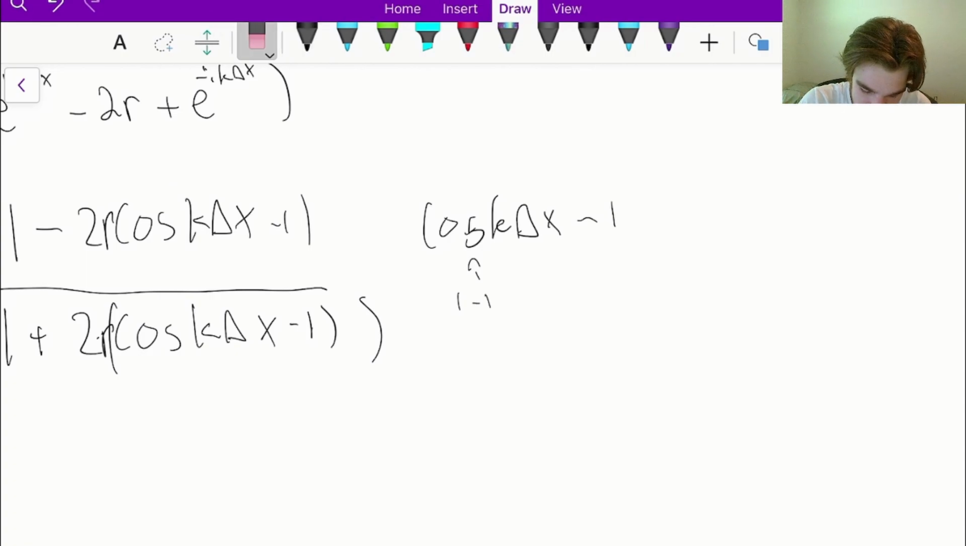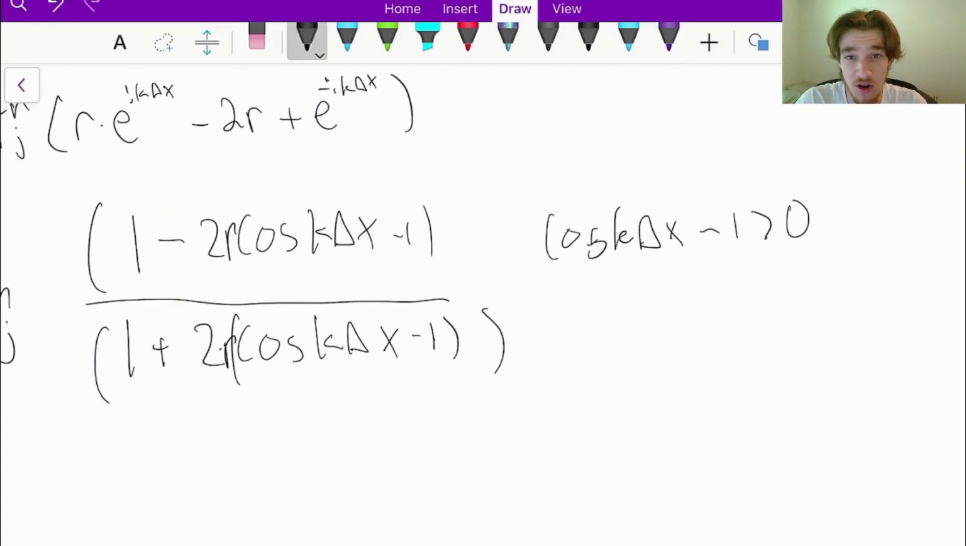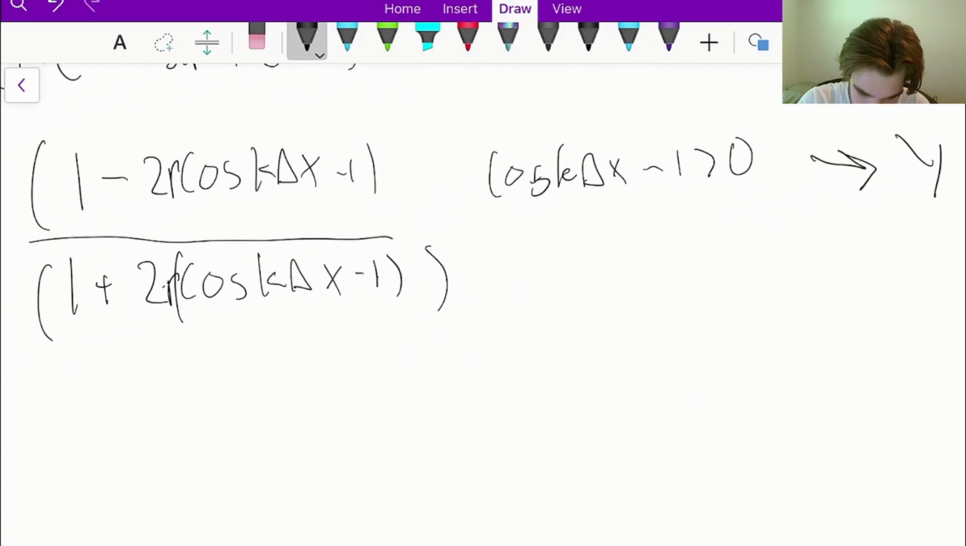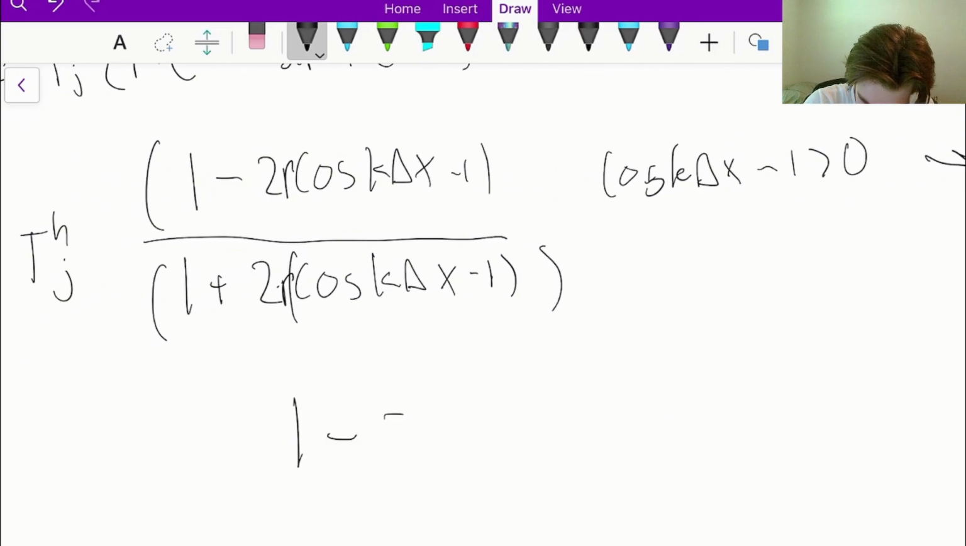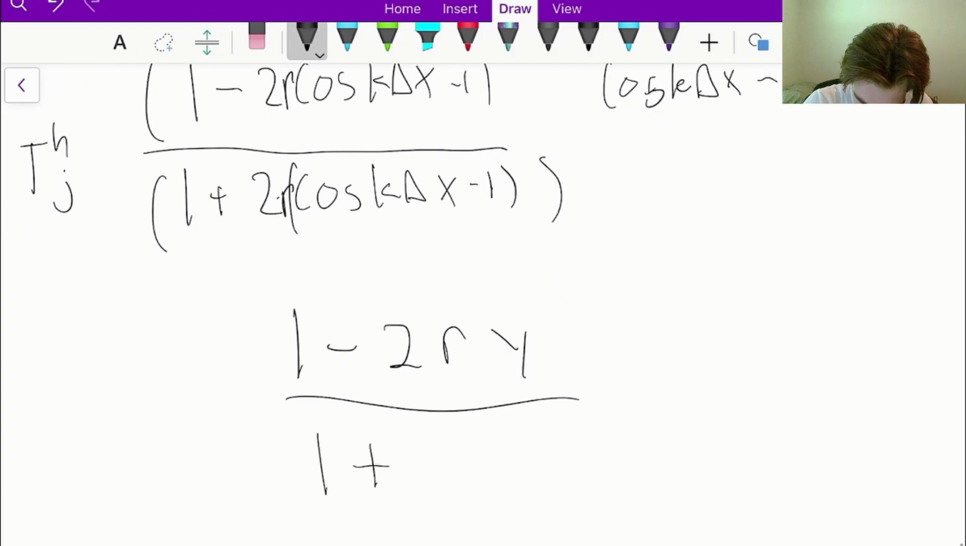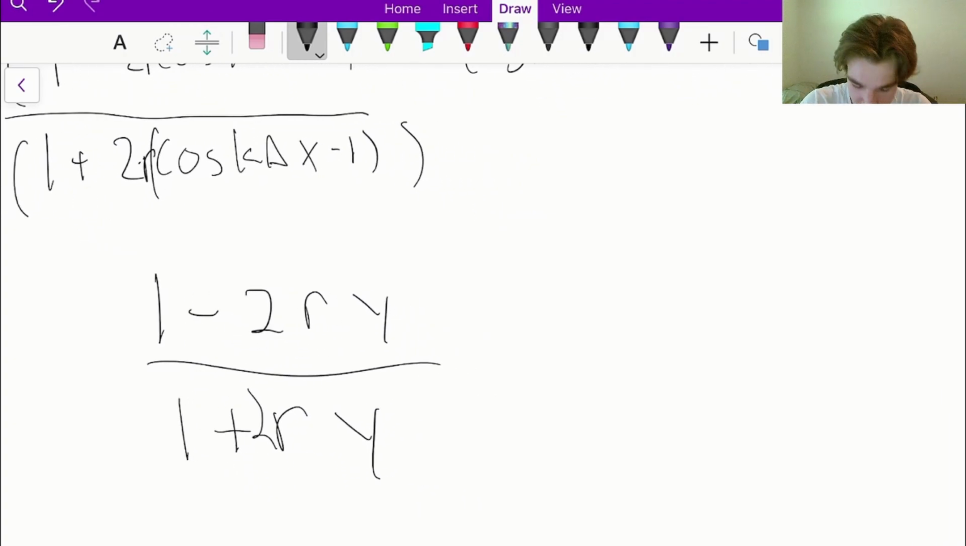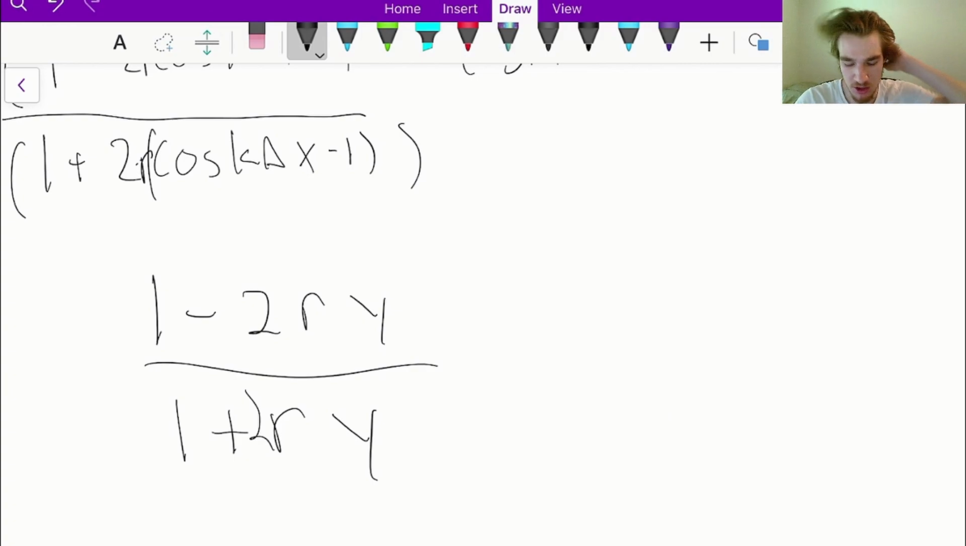So no matter what this is, this will always be a positive value. So we're just going to call that portion variable y, and the same on the bottom. So we get 1 minus 2r times y over 1 plus 2r times y. And now that we have r almost by itself, because that's what we're solving for, is r, we get 2ry,